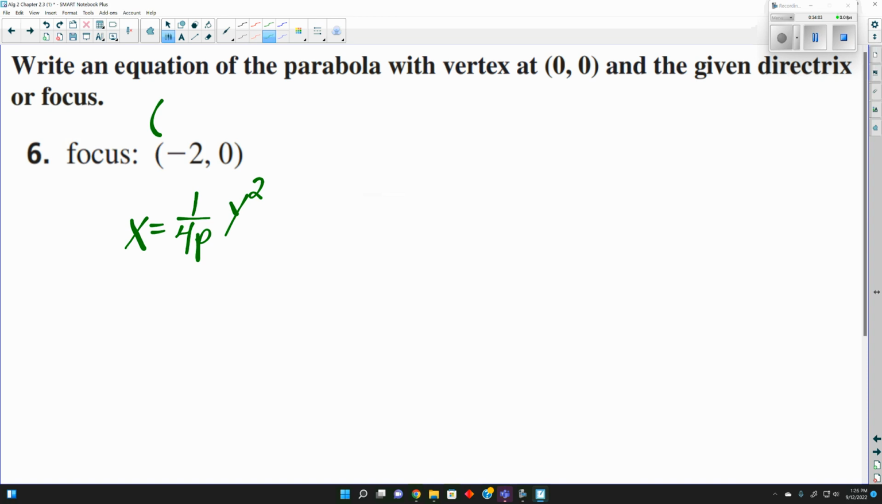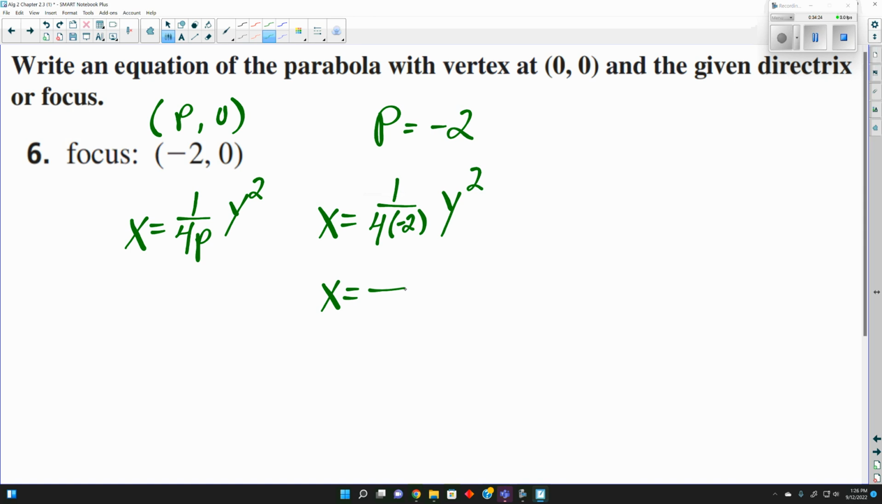Now for our focus, we're told that it's p comma 0, yes? So p is equal to what? Plug it in. 4 times negative 2 times. So negative 1/8 y